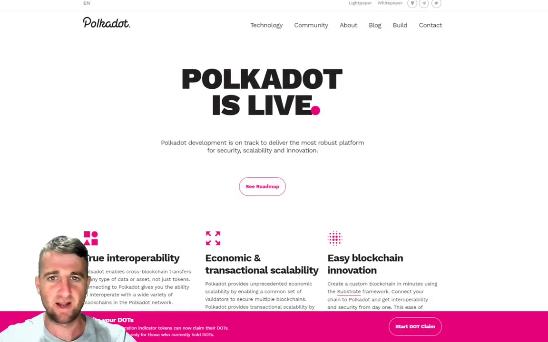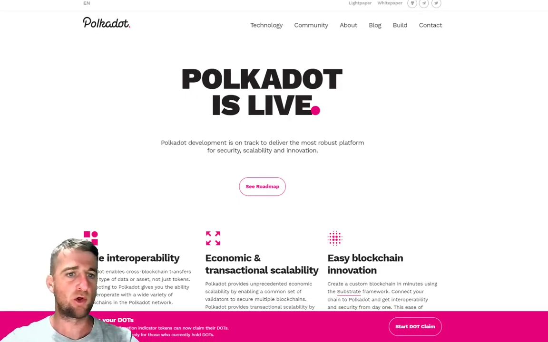Right, so let's get cracking, and as ever we will start off on the Polkadot main website, and here we will get a good rundown of what the project is and what we're trying to achieve. It does say that Polkadot is live, so Polkadot development is on track to deliver the most robust platform security,